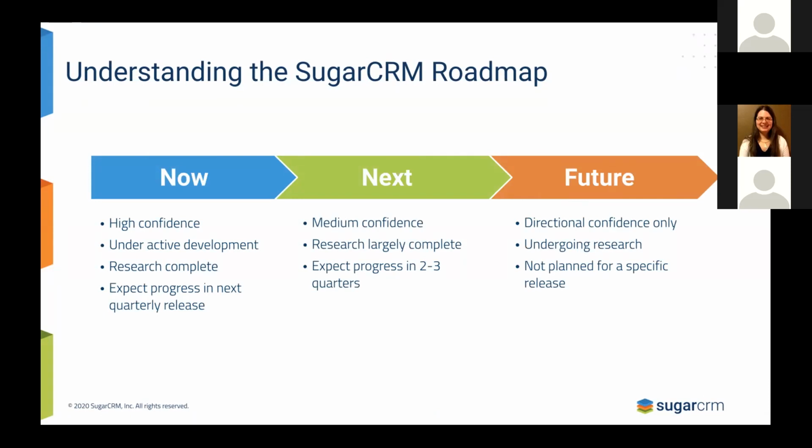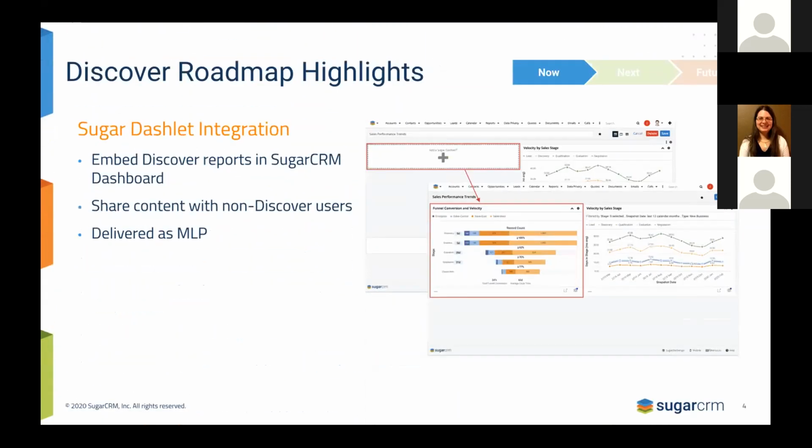When we get into the next category, those are a little bit longer. Those are in the 2 to 3 quarter out range. Still fairly confident those are the focus areas. And then future is anything beyond that that is high on our priority list. So that gives you a little context about when you might see some of the capabilities I'm going to show come out. Starting with what we'll be releasing next month,